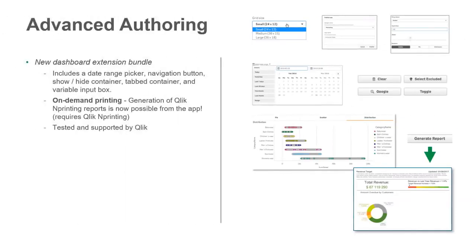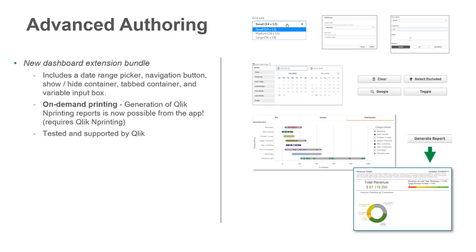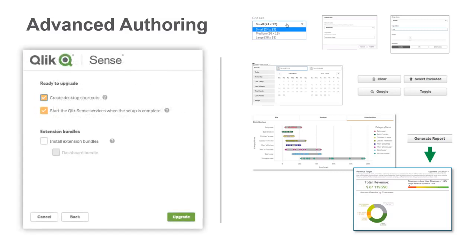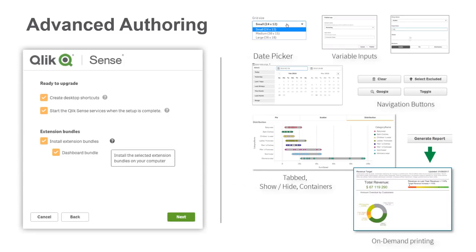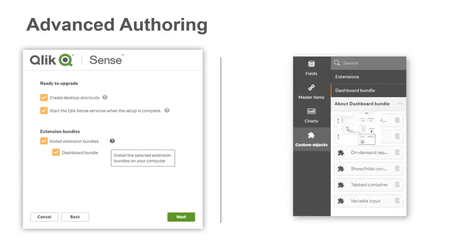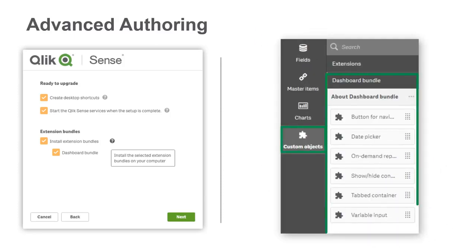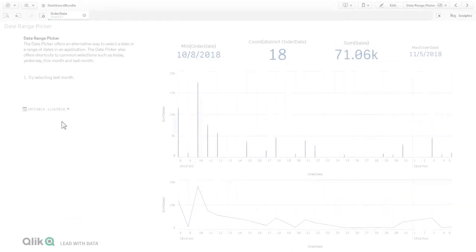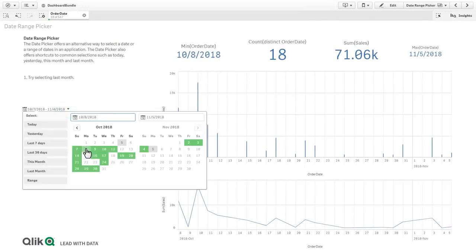The first one I want to cover that I'm truly excited about, and I'm sure you will be too, is our new optional, fully supported dashboard extension bundle. When installing Qlik Sense, you now have an option to include this package with your installation. If you choose to, you will have additional interactive components available in the Custom Objects section when designing your Qlik Sense apps. We have included a date range picker, so now you can easily select dates for the desired time frame for your analysis,